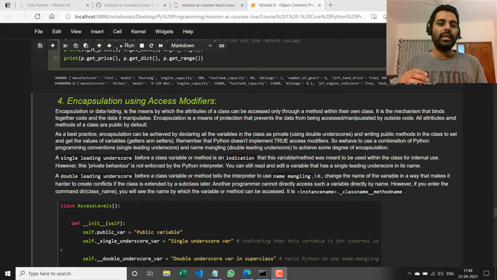All you can do at this point is a couple of things. One is you indicate that a variable was meant for private use, that is used within the class only and not to be accessed outside the class. The way you would indicate that is using a single underscore before the variable name. Something like this, right? So that basically is an indicator to other programmers that this variable was defined only for use within this class. Do not access it outside this class and modify it directly.